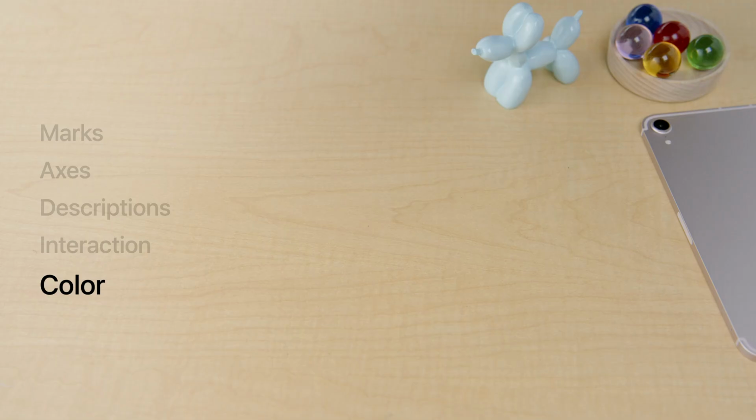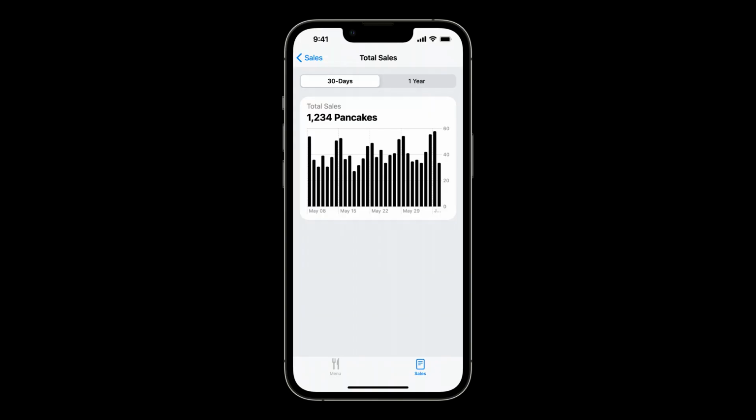Now that we've designed our interactions to serve the focus, approachability, and accessibility of our chart, there's one more topic we'd like to talk about. Color. Color can add personality and enhance clarity in a chart. So far, we've been designing in black and white. Color can give our chart more pop in our app, but it can also convey so much more.